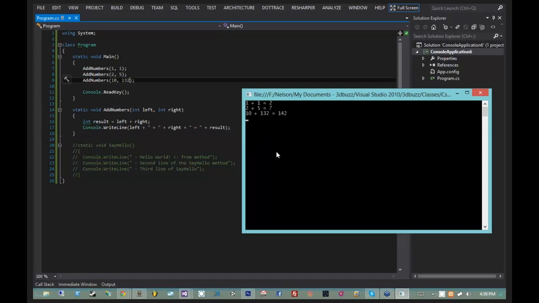It allows us to accept data that can alter the behavior of our method depending on what exactly we want the program to do. All right,